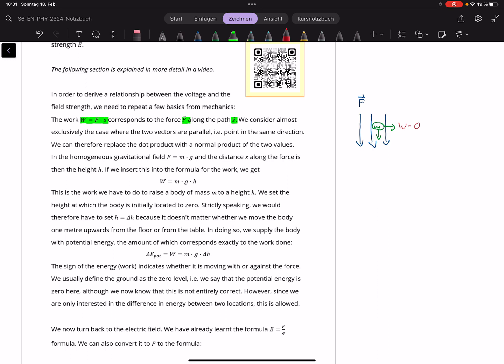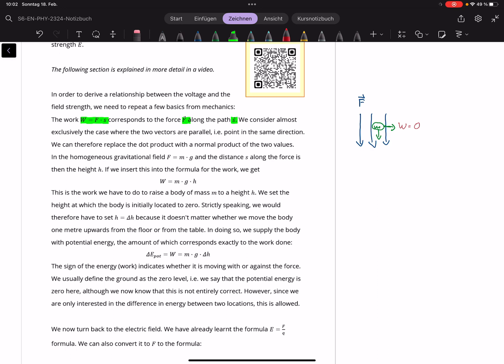So sometimes it's called something like the effective force, because along this no force is acting. This sounds a bit strange because the force is still pulling the mass down, but no work needs to be done to hold that mass at a certain height. Yeah. So to move it at a 90 degree angle,